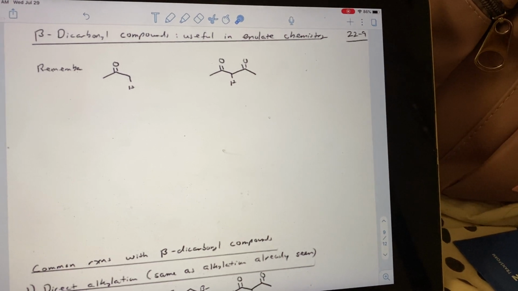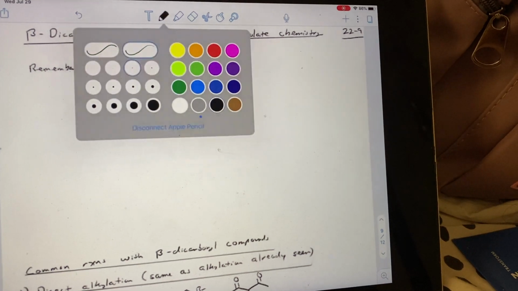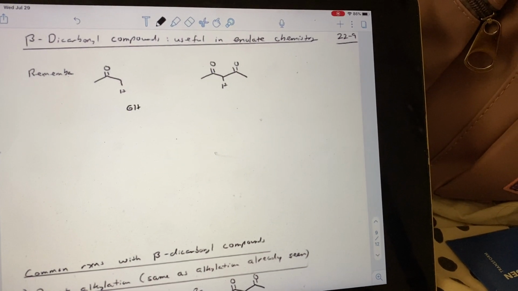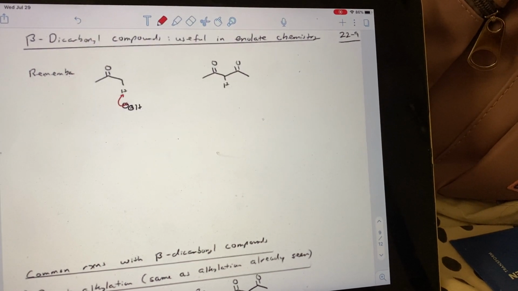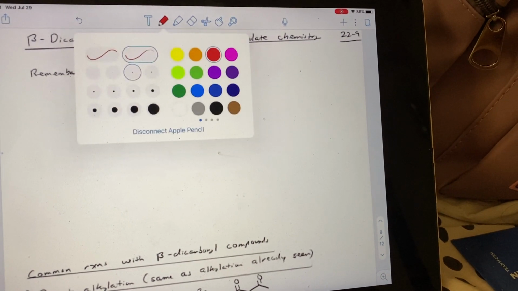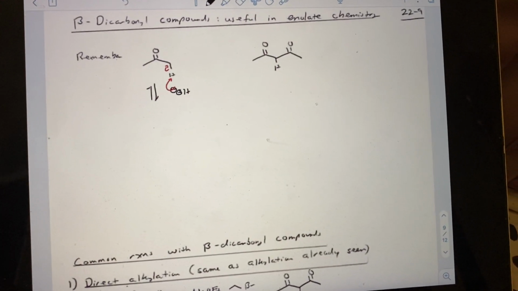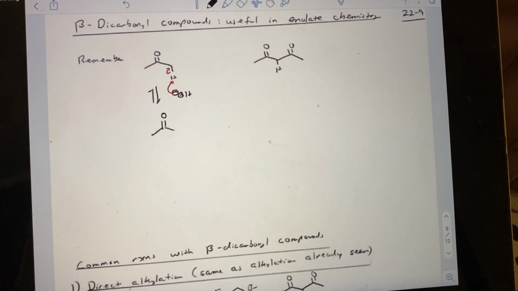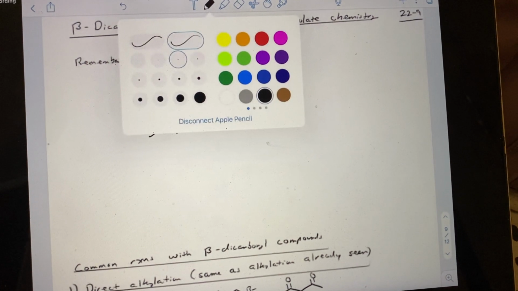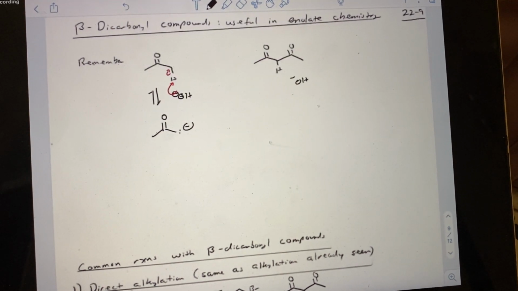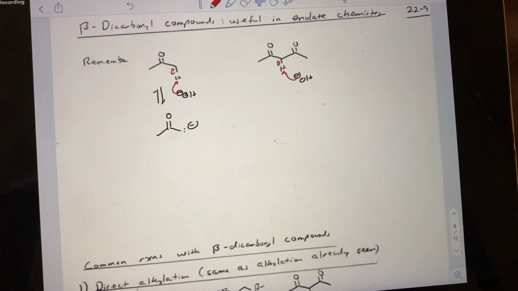So remember here that if we have a base, we can deprotonate this, supposed to be an O, compound to generate our enolate. Not sure why I left all this space here, so let's just put this down below. And if we have this hydrogen here between these two, we'll use the same thing, carbonyl compounds. Oh, I think it was the draw resonance structure. So we can then deprotonate here,